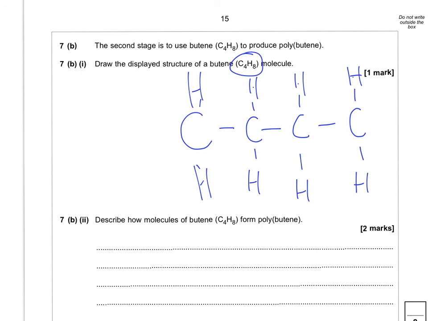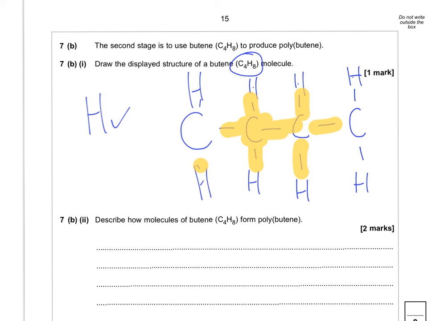So we've got our C4H8. But then we've got to think, are we right with this? So what we do then is we count our bonds. Every hydrogen has got 1 bond, so the hydrogens are right. Then we're going to look at our carbons. So this carbon's got 4 bonds. 1, 2, 3, 4. This carbon has 4 bonds. 1, 2, 3, 4. This carbon has 1, 2, 3. And I've just realised